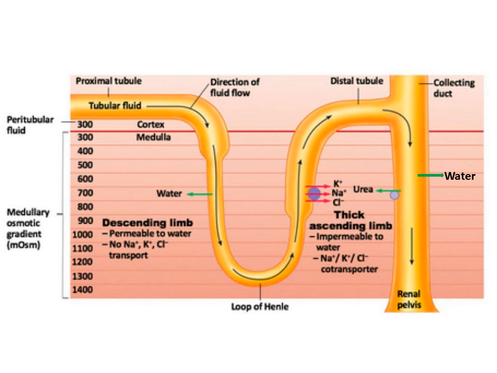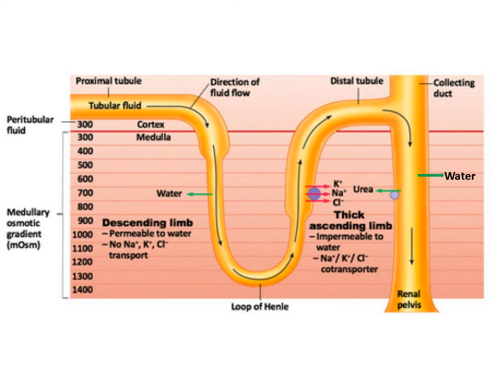So what will happen in the collecting duct? In the collecting duct, water will move out because of the increased osmolarity of the interstitium, but that is under the influence of ADH. So only if ADH is there, and only if increased osmolarity is there in the interstitium, will water move out of the collecting duct into the interstitium. If ADH is absent, the urine will become diluted. So water moves out of the collecting duct because of increased interstitial osmolarity, and thus concentration of urine occurs, but that is under the influence of ADH.